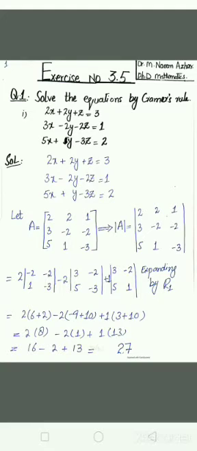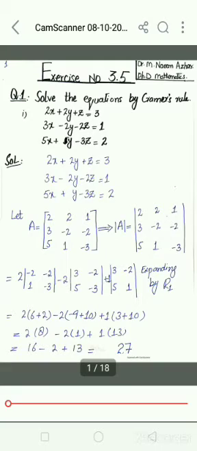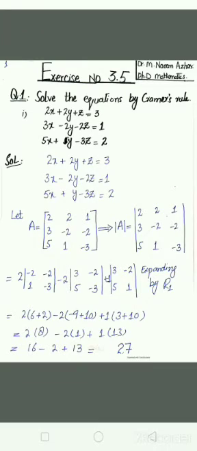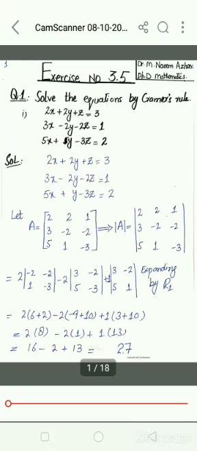That is, minus 2 into minus 3 is plus 6, minus 1 into 1 into minus 2 is minus 2, and minus into minus becomes plus, that is 6 plus 2. Then minus 2 is outside, we multiply 3 with minus 3 and put a minus sign, and we multiply 5 with minus 2, that is minus 9 plus 10. And plus 1 is outside, we multiply 3 with 1 and 5 with minus 2 and subtract them, we get 3 plus 10. After simple calculation we get the determinant is equal to 27.